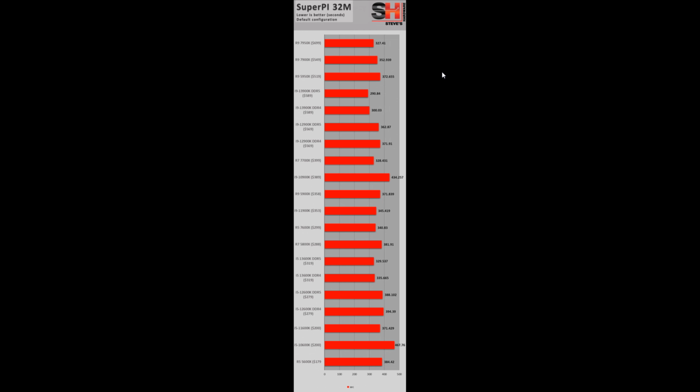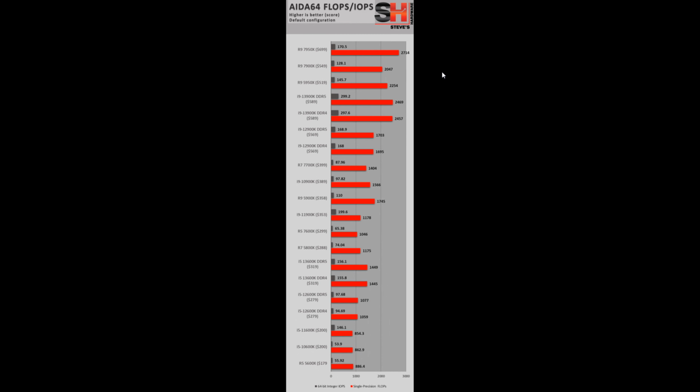DDR4 is not always faster with these CPUs. DDR5 is pretty fast. Even with its higher latencies, the frequency offsets it, and you can see that here. Flops are floating point operations per second, and IOPS are integer operations per second. IOPS is really important; some things use flops, floating point. You can see that AMD is doing much better in the flops, but in IOPS, it's always been Intel's